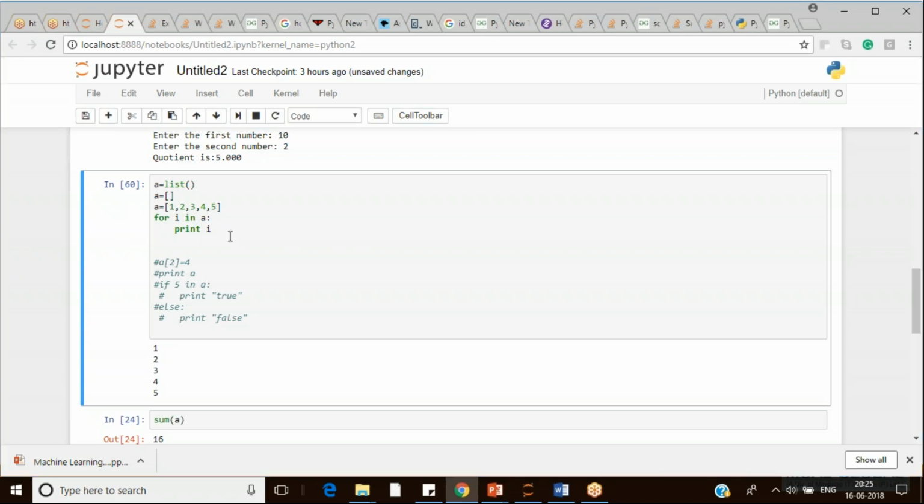And modifying a list. So for example, if I want the second element, which means 0, 1, 2, the third, so this 3 should become 4. I want 4 to be assigned at the A[2] value. So if I do this,